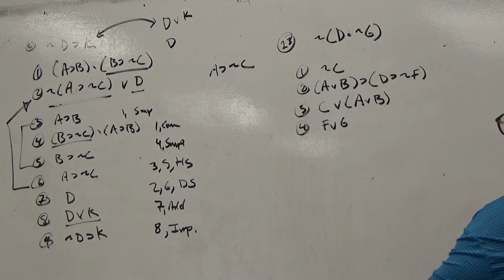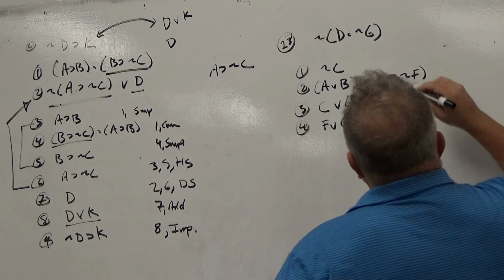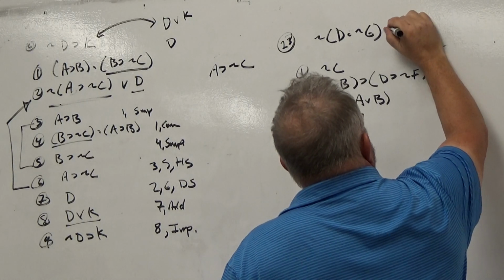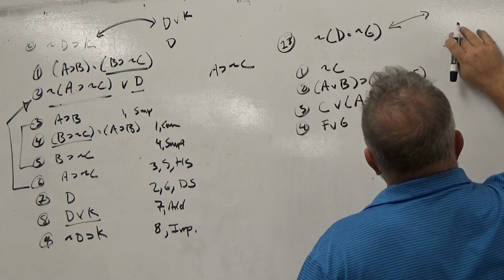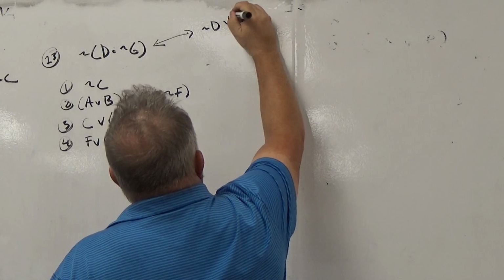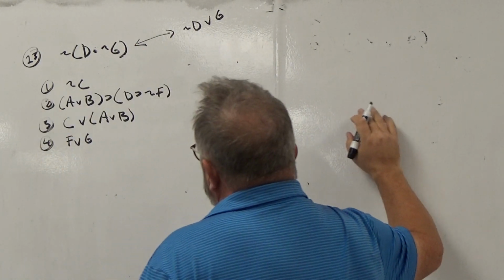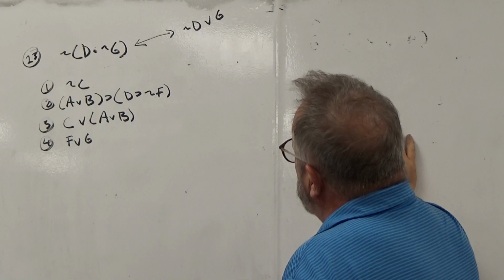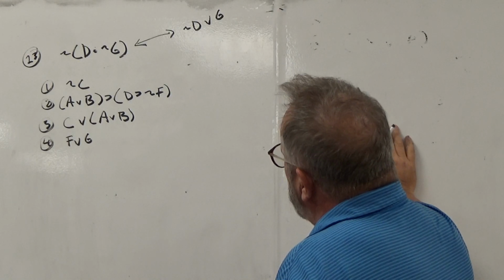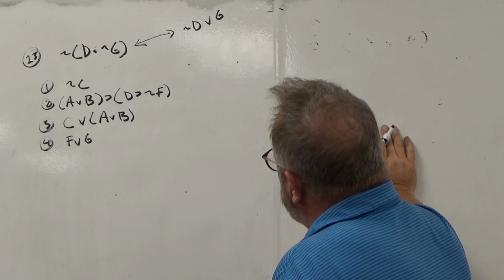All right, I don't see not D and not G anywhere in the premises. I don't see its opposite, and I can't see the conditional. So, this is a negated conjunction, so I'm gonna do a De Morgan's on it, in which case I get not D or G. So if I got that, I could go back to that by De Morgan's, okay? So now I'll look around for a not D or G, and